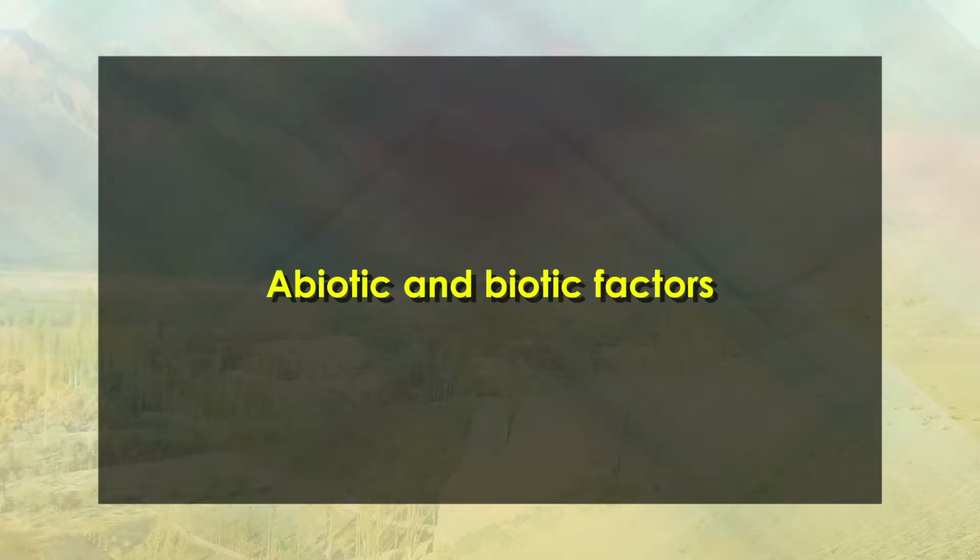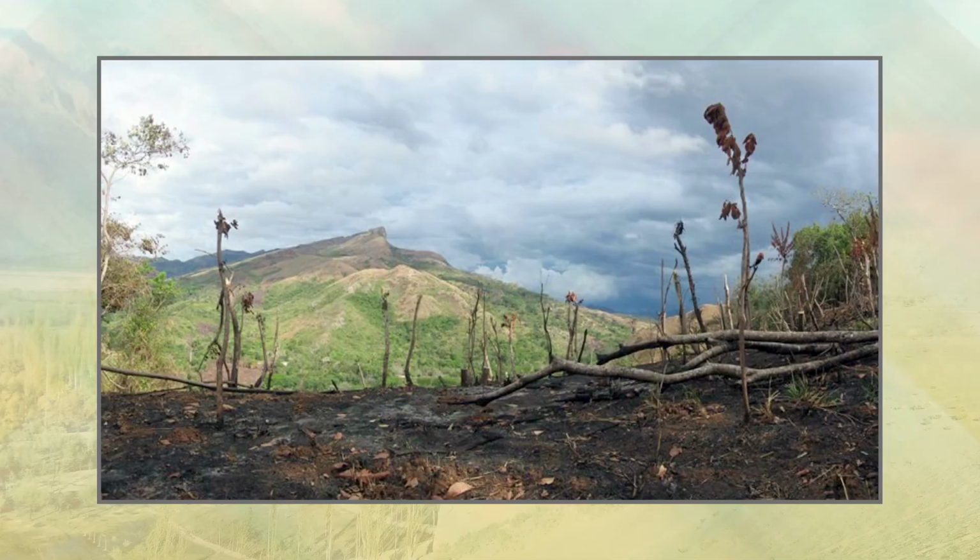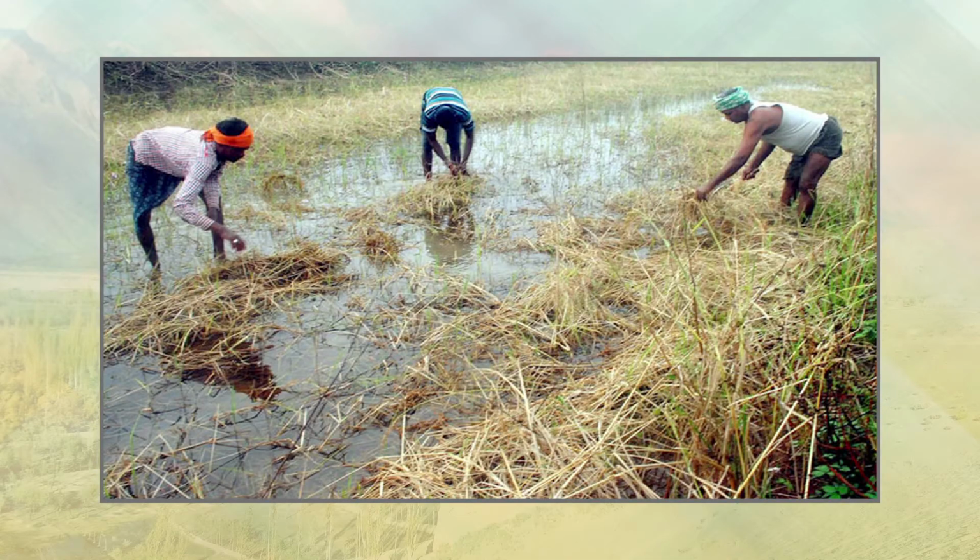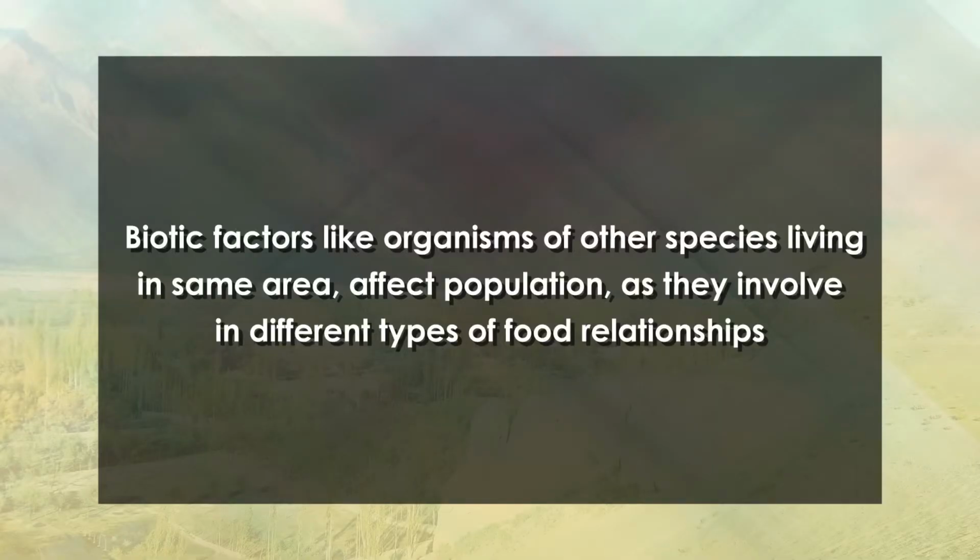cause drastic change in the environment leading to destruction of the resources. Number 9. Abiotic and biotic factors. Abiotic factors like temperature, wind, humidity, rainfall, intensity of light have an effect on the density of population. Biotic factors like organisms of other species living in the same area affect the population as they are involved in different